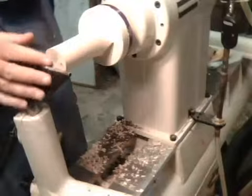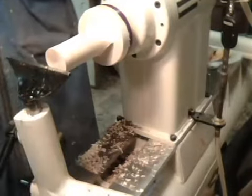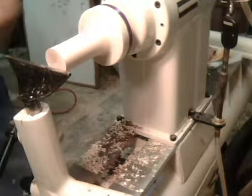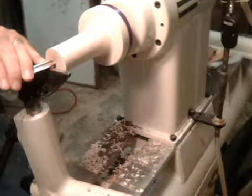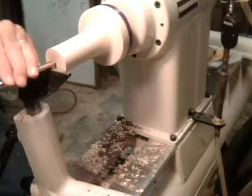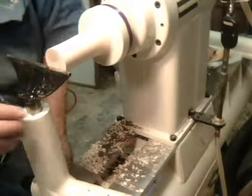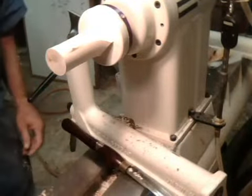So now that I've got this faced off and I know it's square to the world with the way everything is running, I'm just going to take a little spindle gouge and put a little tiny dimple in there for the drill bit to locate on correctly. Doesn't take much to make the dimple. All you want to do is give the point of this bit, and being that it's a brad point bit, it's got a really sharp